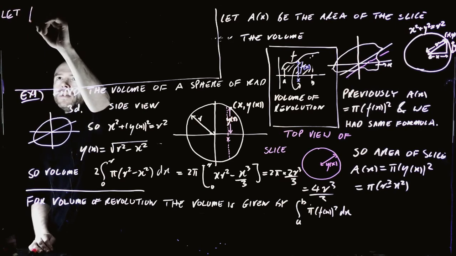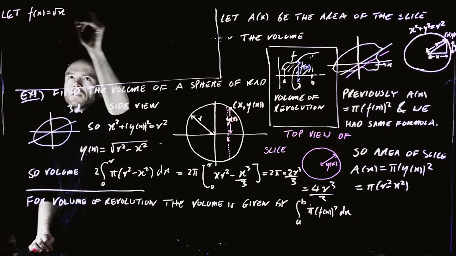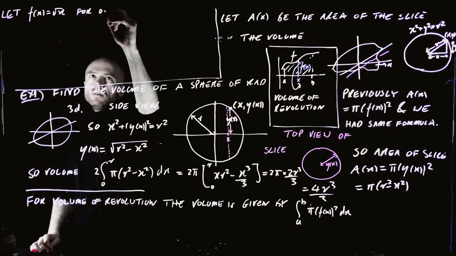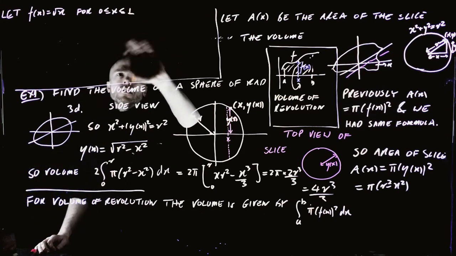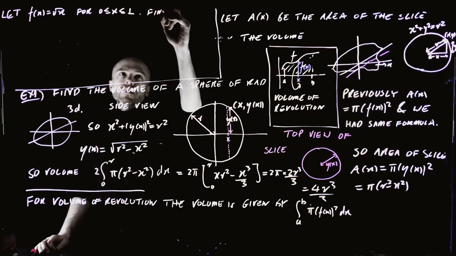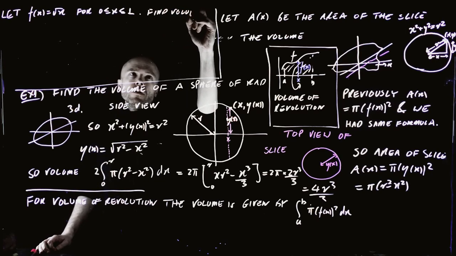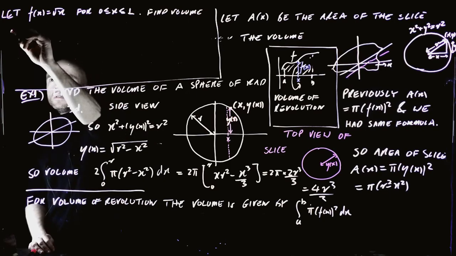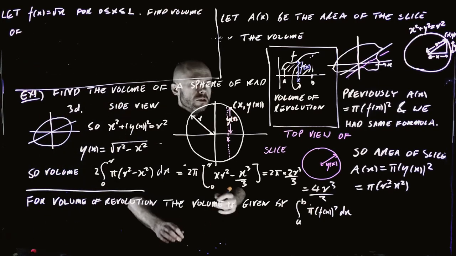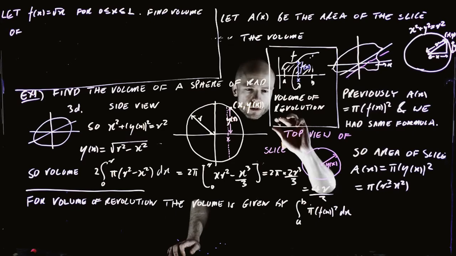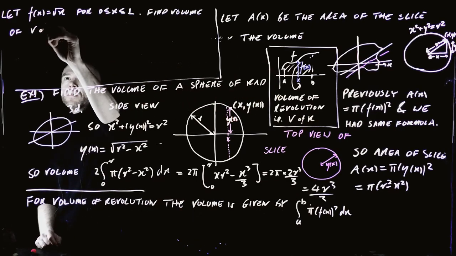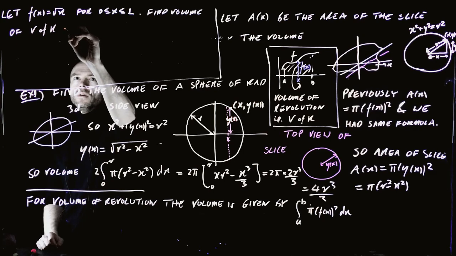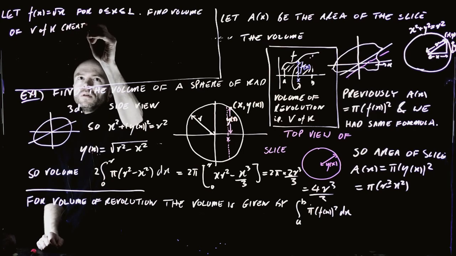Let f of x be the square root of x for x between 0 and 1, that's the 1, and then find the volume of, I'm going to abbreviate volume of revolution to VR, created from